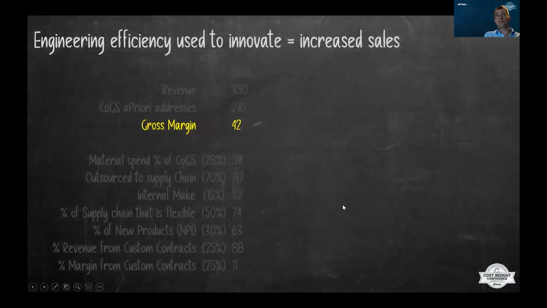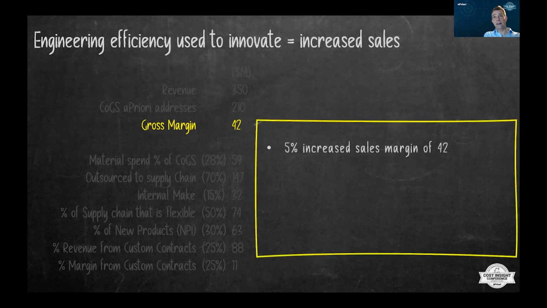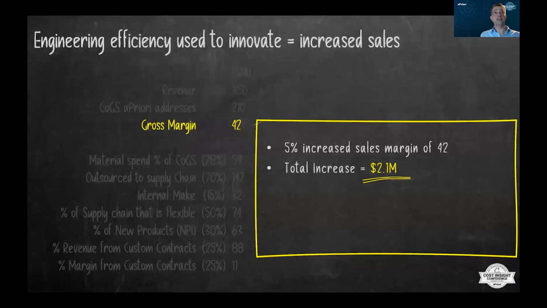What does that mean to us? So if we can spend more time on innovation, we can impact our margin. We could sell more products because they're better. And a 5% increase on that margin, or gross sales, on 42 million of margin is worth $2.1 million to us. That could be conservative. Sometimes there's a threshold, especially in the world of electrification and automation in automotive, for example, that making small steps in innovation can have huge increases in revenues. And we've seen that in many cases today.